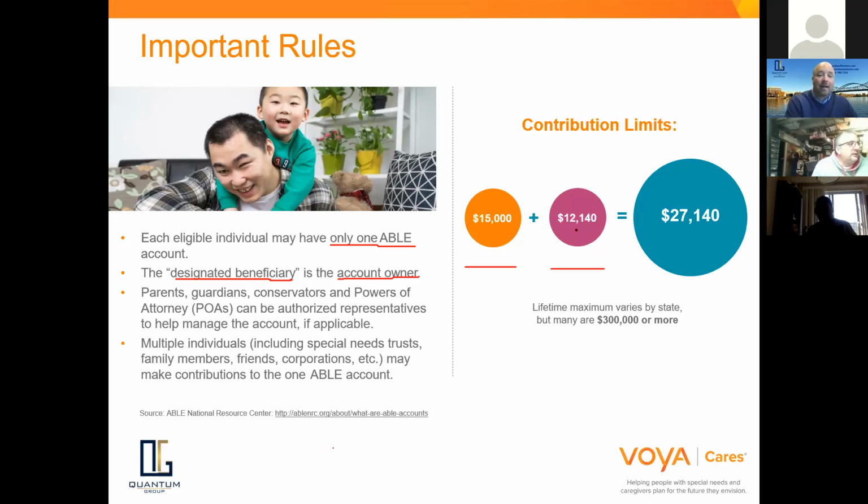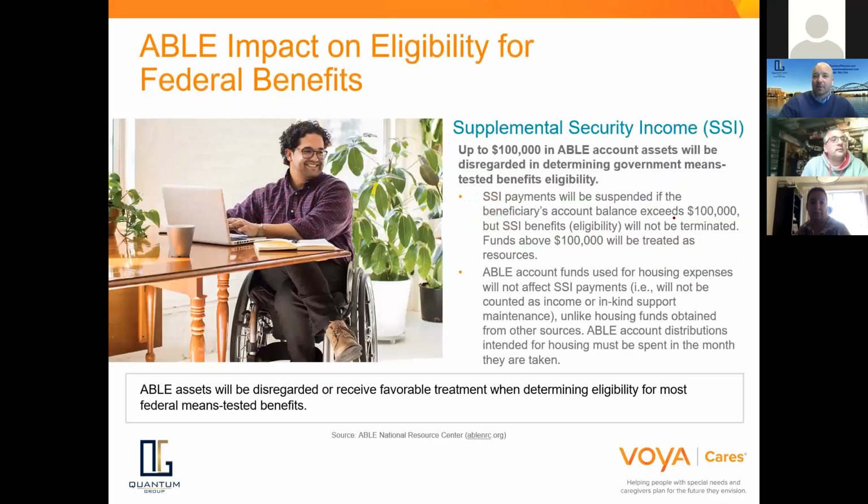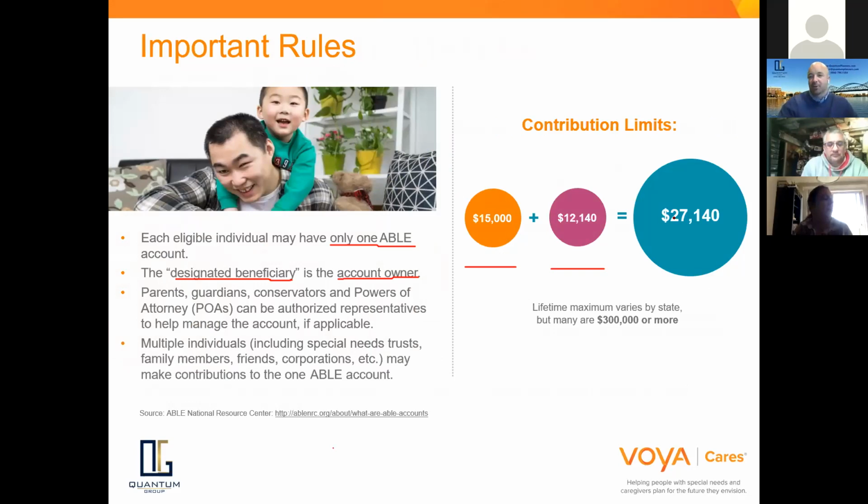Now, should he decline and not put money into his Quick Trip 401k, then he's eligible to put an additional $12,000 into his ABLE account. So you can see how working, having opportunity, having friends and family that are willing to put money into the account, you can raise this number pretty quickly if it works out that way to have a large amount of money in this account if you'd like to. So that's what we have in terms of the contribution limits.